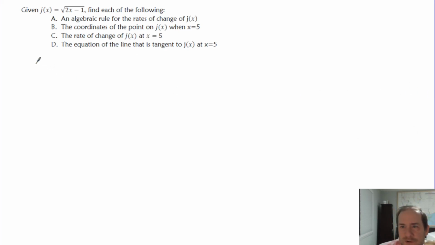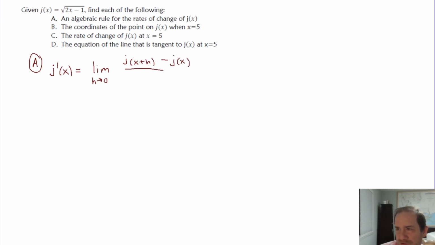So let's do it. In part A, again, we're going to use our limit definition, which says that j prime of x is going to be the limit as h goes to 0 of j of x plus h minus j of x all over h. That's just our formula. Make sure you have that memorized though, because I'm not going to give it to you. So this is going to be the limit as h goes to 0